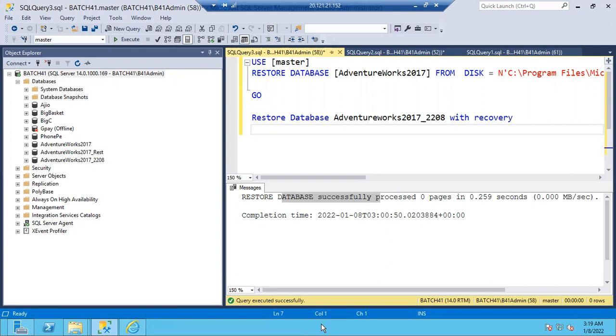Sometimes it will take 1 hour also. It depends upon the disk IOPS and all. Usually when we restore logins, Sajal, I'll tell you in the migration concept. Forget about it. As of now, we haven't discussed jobs and all, right? I'll show you how to migrate the logins, how to migrate the jobs and all. Nothing to worry.